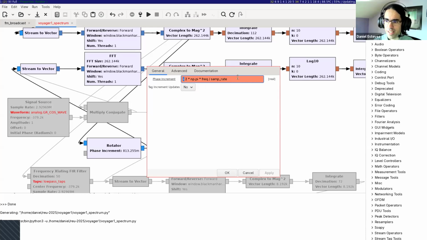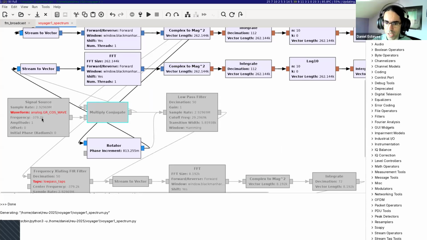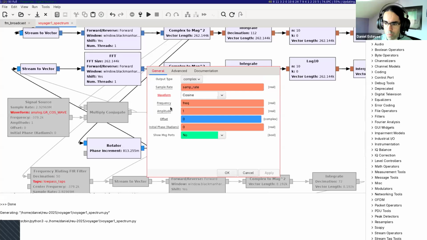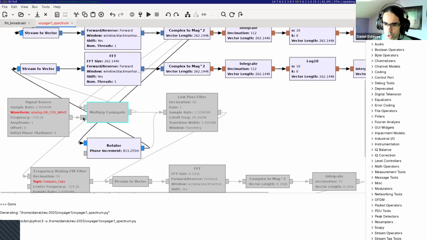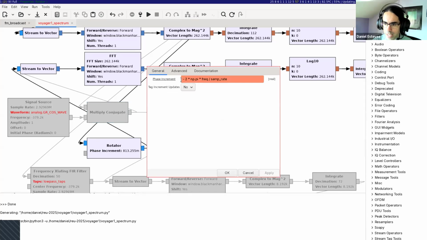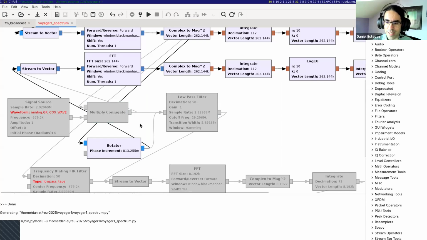Just a sign convention. If my explanation is not too convincing, it's also playing the same role as the complex conjugate in the Multiply Conjugate block. So here I have set my signal source to minus 379, and the Multiply Conjugate has a complex conjugate in the second input port. This is this input multiplied by the complex conjugate of this input. So the complex conjugate in here is playing the same role as the minus sign in here. Or you can get it right by trial and error. That's also a valid approach. You can do it without the minus sign. In fact, let's do it